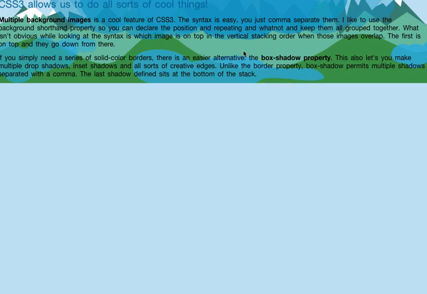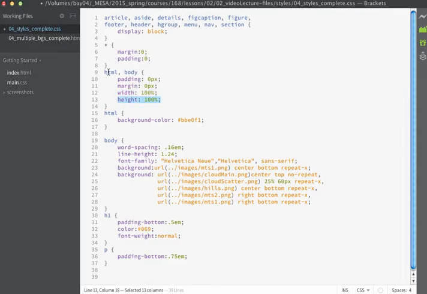The reason that it's doing this is because the height of the page is currently being determined by the content that appears on the page. And since our content ends right here, the bottom of the page is identified at the bottom of the content. Those two properties are very important for us to include in our CSS so that this content always stays at the very bottom of the page. So setting the height to 100% on the HTML and on the body is going to make it exactly 100%